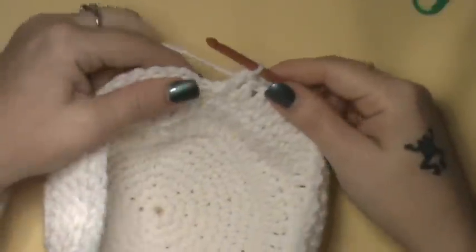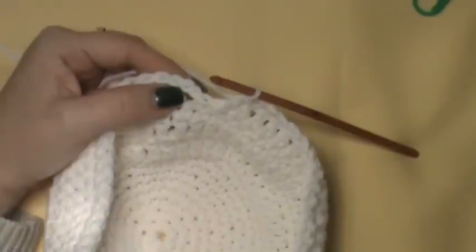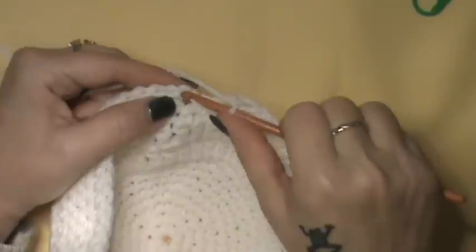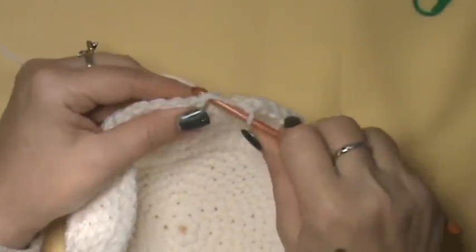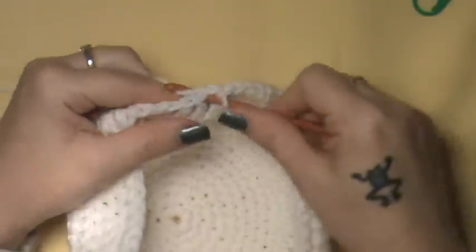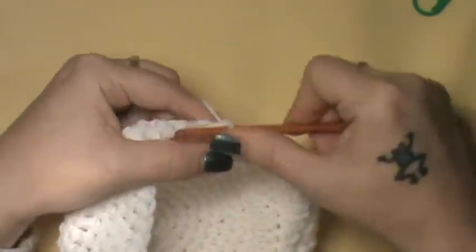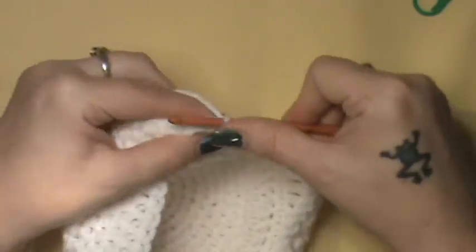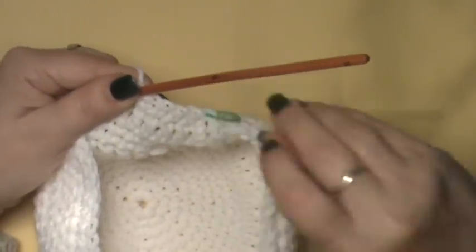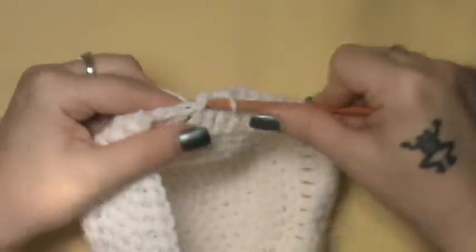Alright guys, we have finished round 15, so now round 16 and round 17 are simple, and this is the end of making the crown of the hat itself. You're going to go up into that top of that chain 2, and you are going to do a single crochet in there, and then you're going to do a single crochet in each stitch around. So for these last 2 rows, all you're going to do is a single crochet in each stitch. And go ahead and put your stitch marker there if you like. But the last 2 rows are single crochet rows,